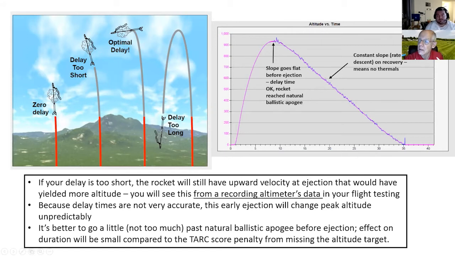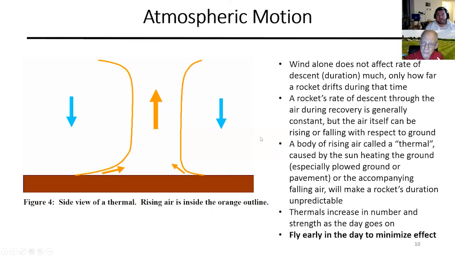Okay, yeah, so you want a delay time that gives you a flight that rolls through apogee and is past apogee before the ejection charge goes off. So that tends to be a longer delay time on an E motor, a 6 or 7 second delay. An F motor, 6, 7, 8 second delay. 4-second delays do not work for TARC. If you're using a 4-second delay motor, you are using the wrong motor. It depends on your rocket, but a 5, 6, 7, 8 second delay is typical.